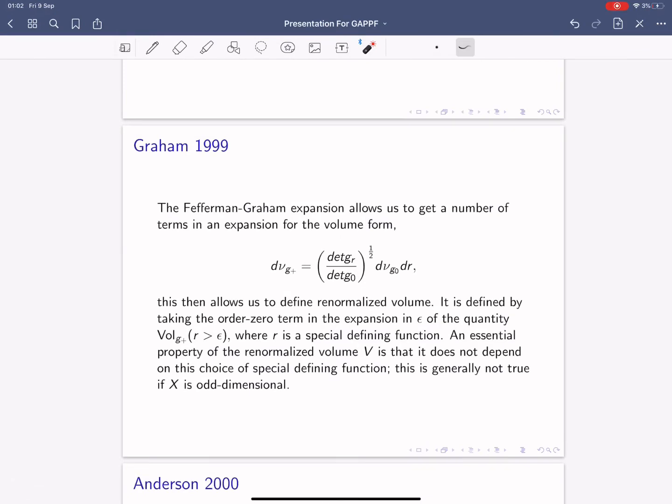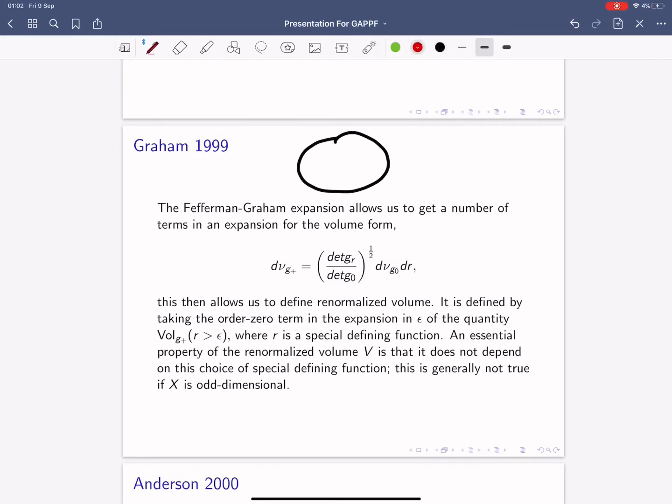Graham showed in a paper that he wrote in 1999 that using the terms in the Pfefferman-Graham expansion, you can write down an expression for the volume form of the Poincare-Einstein manifold. And using that, you can show that what's known as the renormalized volume doesn't depend on the choice of special defining function. So what we mean by renormalized volume is, right, so if this is your Poincare-Einstein manifold,